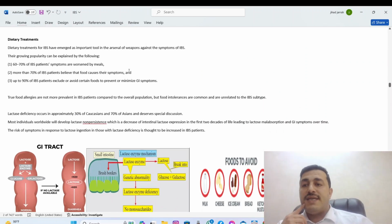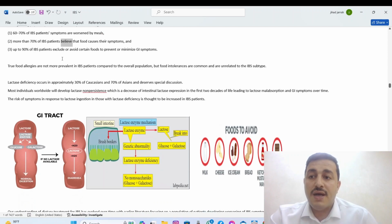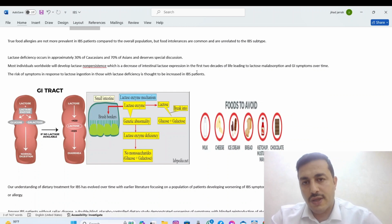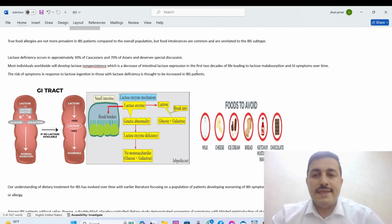To continue in the dietary treatment, as a continuation to what we previously said, is important, and you can see that 70% of patients' symptoms are worsened by meals. 70% of patients believe that food causes their symptoms, and about 90% avoid certain foods to prevent or minimize the GI symptoms. Actually, food allergy itself is not more common in patients with irritable bowel syndrome, but food intolerance is common in patients with